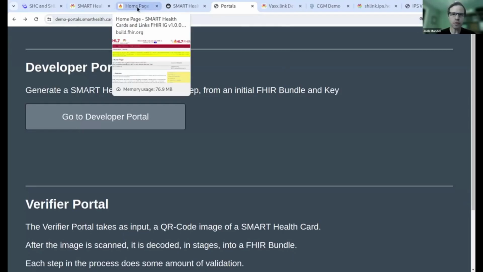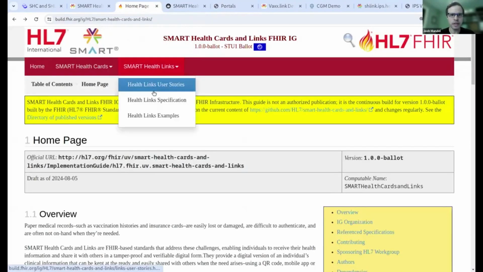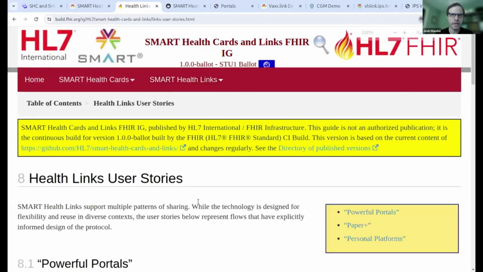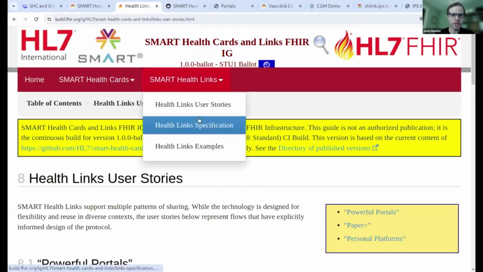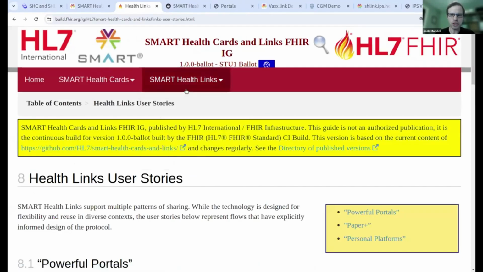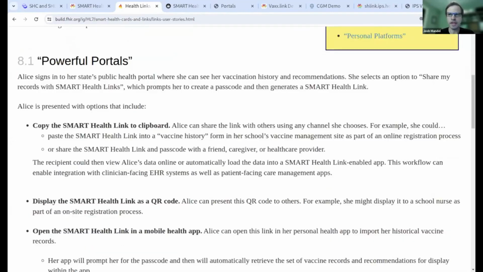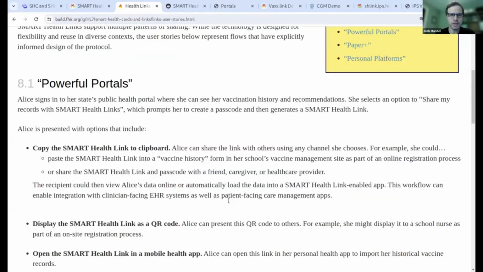And so that has driven work on a companion specification that we call Smart Health Links, which is designed to work with Smart Health Cards, but address a few of the issues that we notice when it comes to Smart Health Cards deployment. So one of the goals of Smart Health Links is to allow people to share data sets that are just larger than the data you can fit in a single QR. So you might have something like a full health history or summary.